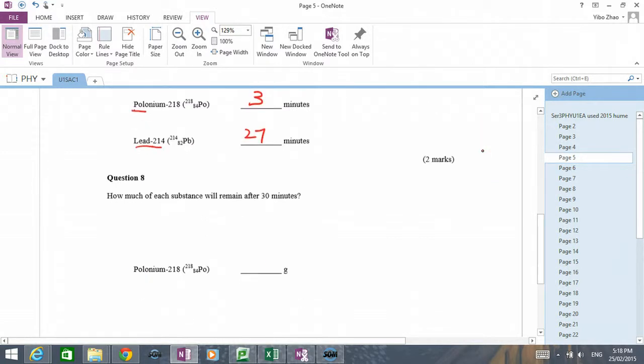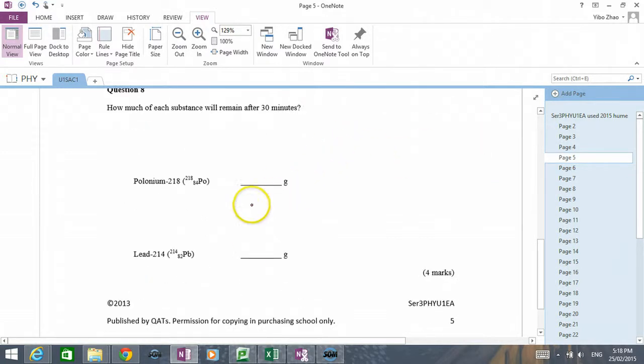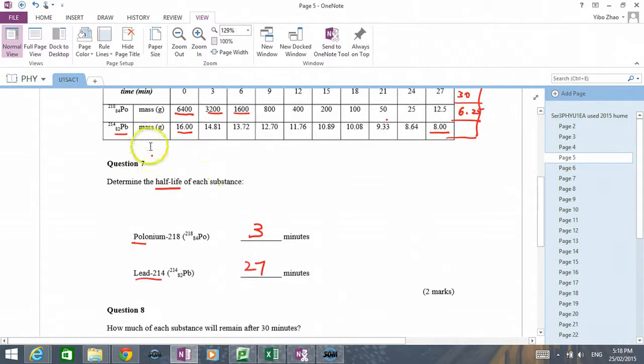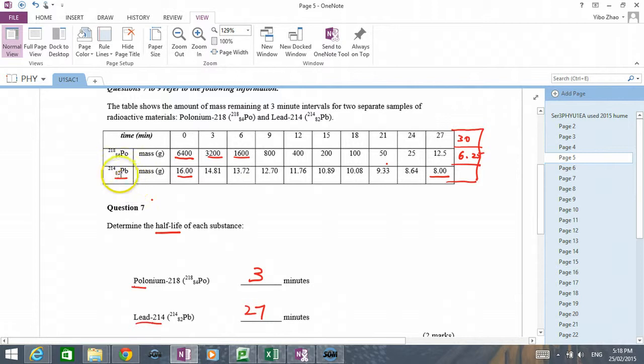So let's write it down: 6.25 grams, because for every 3 minutes it's halved. Now for lead-214, the half-life is 27 minutes. After 3 more minutes, it's going to be something like, I don't know,